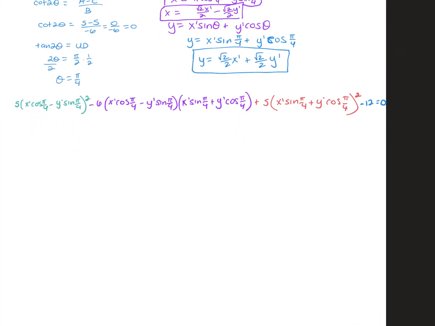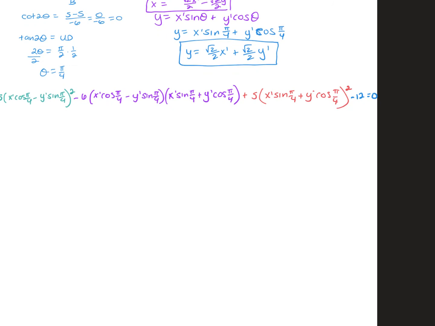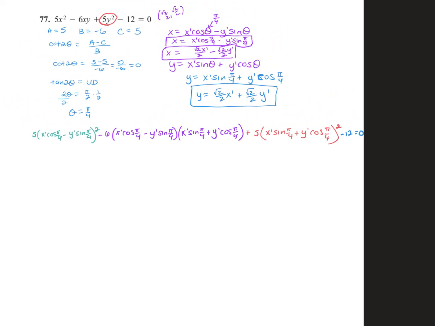So that is one option. And then to go from there, I would plug in the values for the cosines of all the pi's over 4s, the sines of all the pi's over 4s, right? Your other option is if you plug in the values before you plug in the expressions,